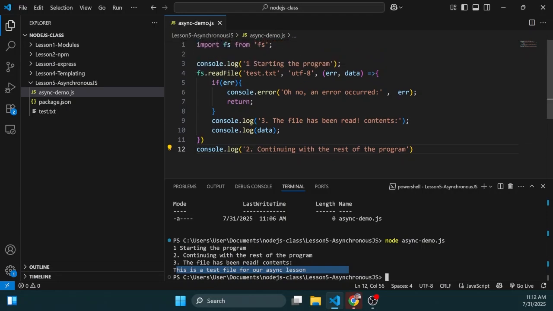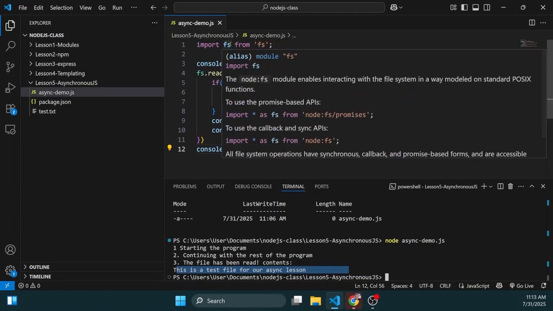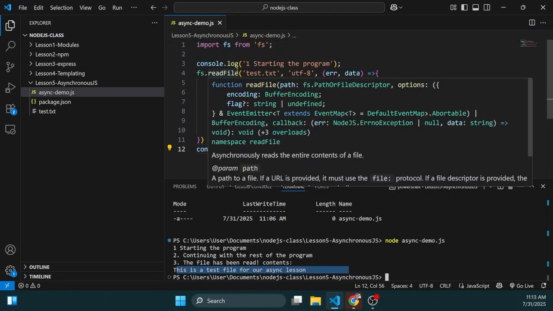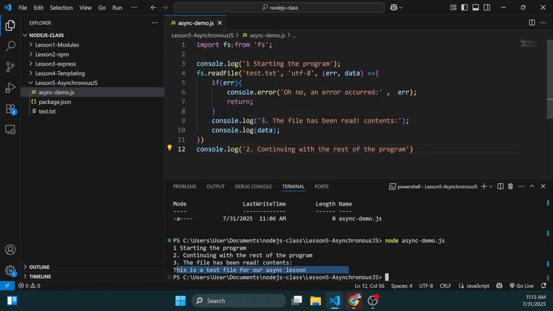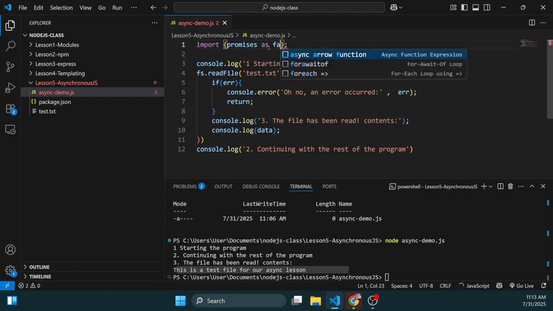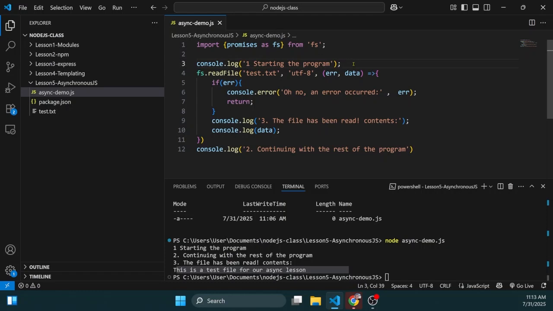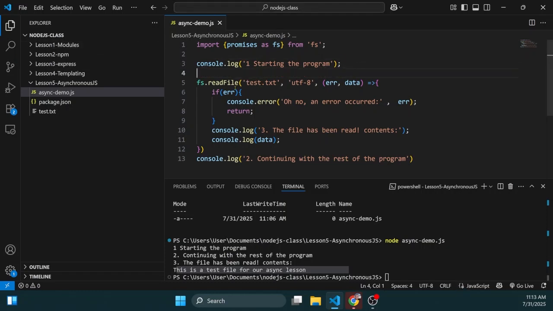Now in our example we can actually change this. Let's change the import. I'm just going to say here promises as fs, and then from fs. So here what we can do is say fs.readFile, and then